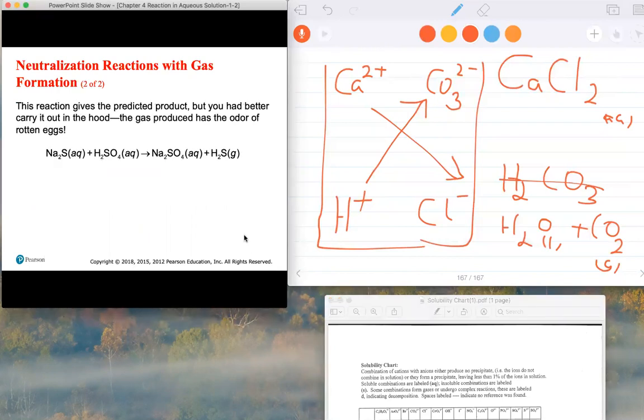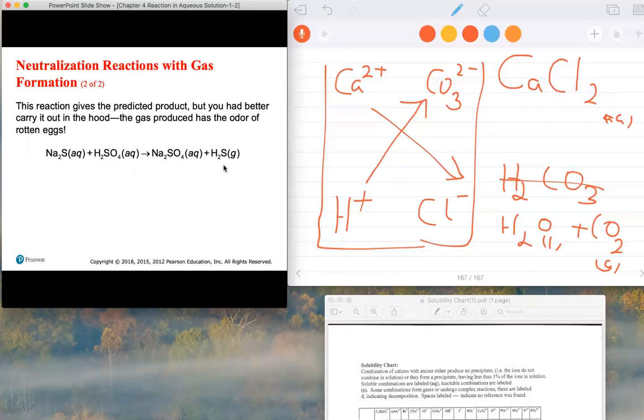So remember that. Any questions on gas forming reactions that produce CO2? That's one of the gas forming reactions. The other one is